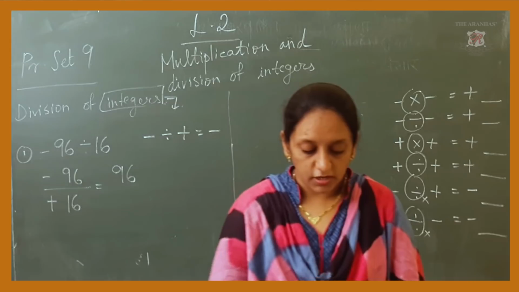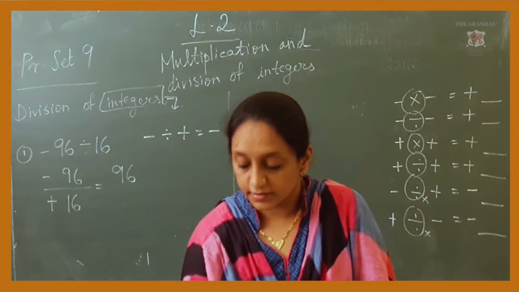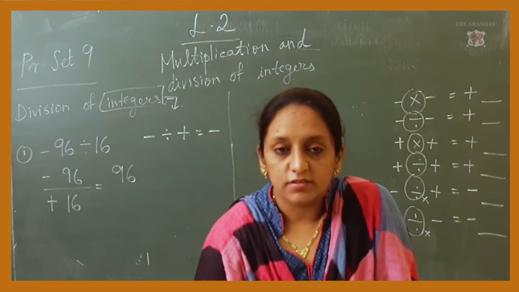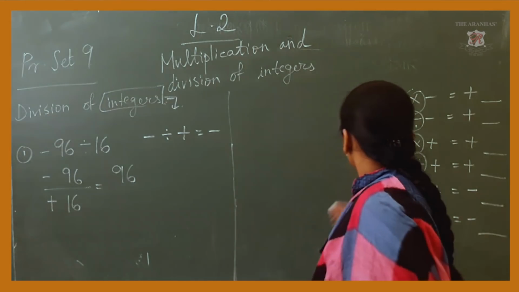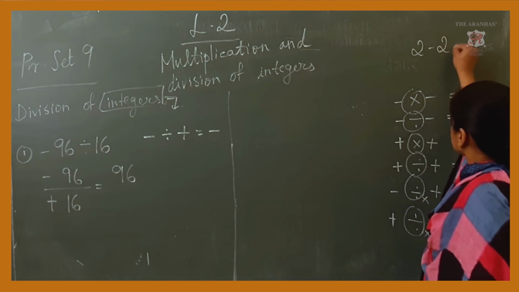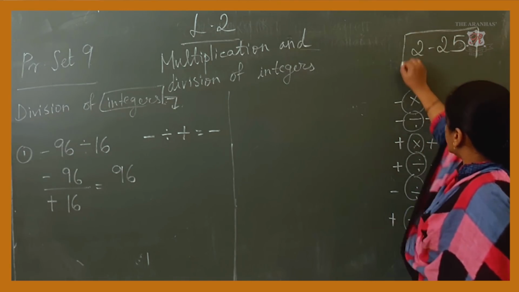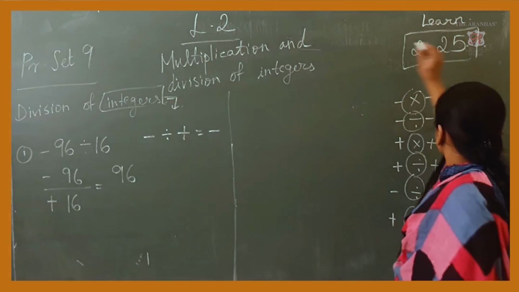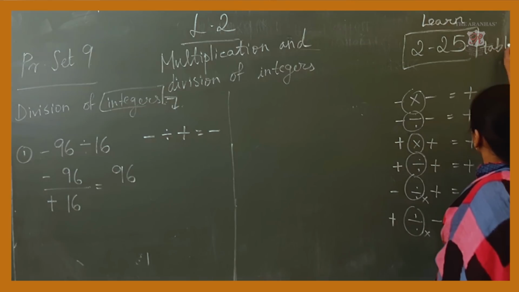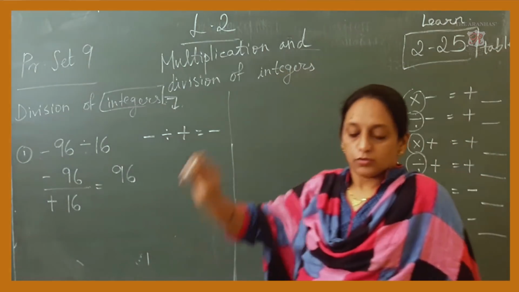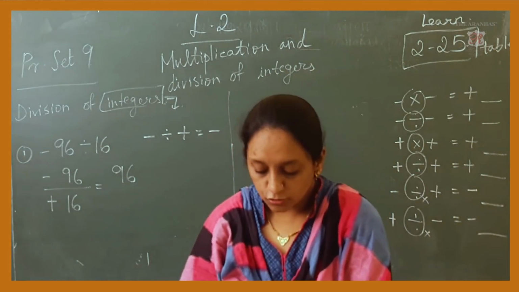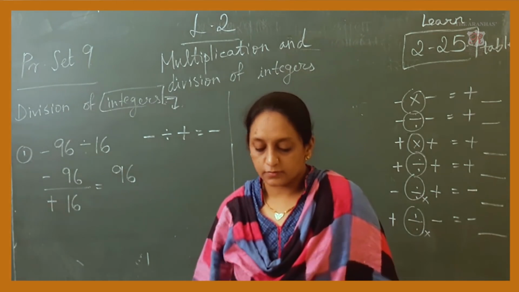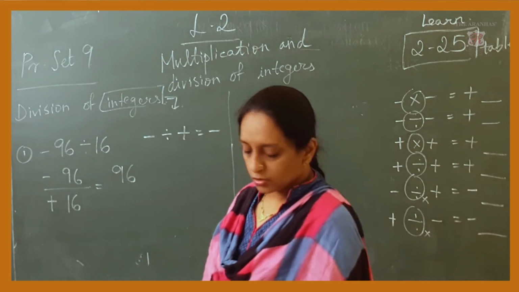I think in the lockdown you have had a lot of time. In that you must have learned tables. Tables are very important, at least till 20 to 25. For 7th standard, tables are to be learned. This is your homework. Tables 2 to 25 are compulsory to be learned at least till 7th standard. Those who have done, that is well and good. Those who have not done, please try to learn tables. Daily you can learn one table so that sum solving will be easy for you.